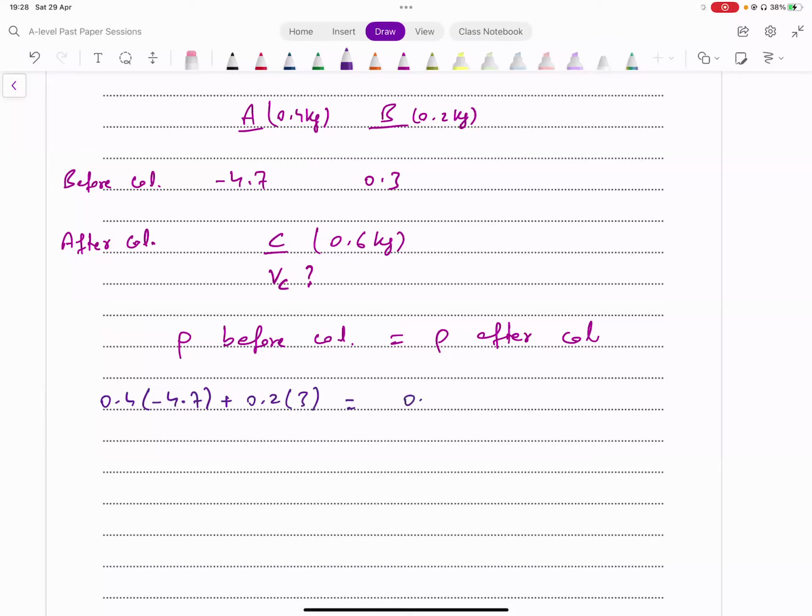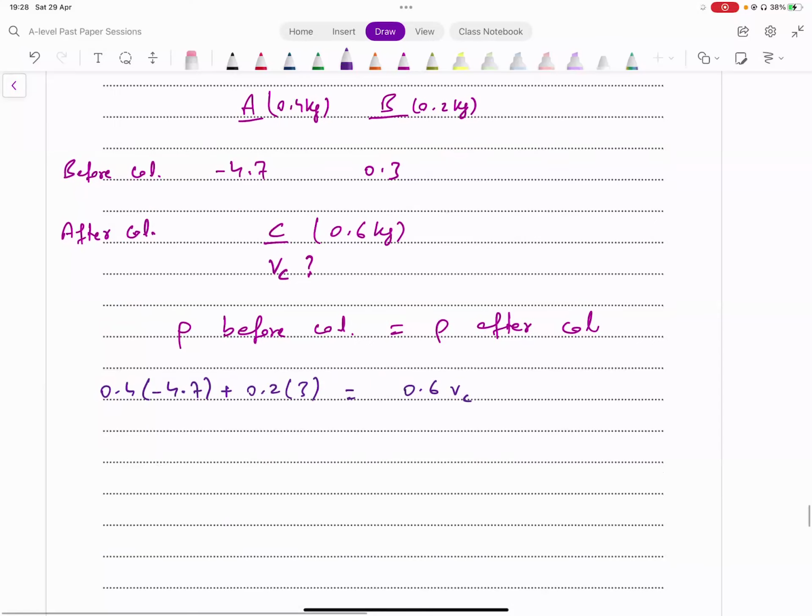What about the momentum after collision? 0.6 into VC. Let's figure out the value of VC from this and see what that turns out to be. 0.4 into 4.7 minus 1 is 1 plus 0.6 divided by 0.6, and that is giving me